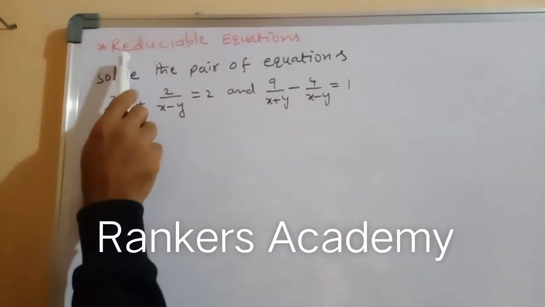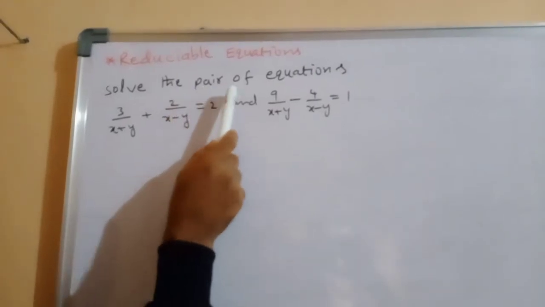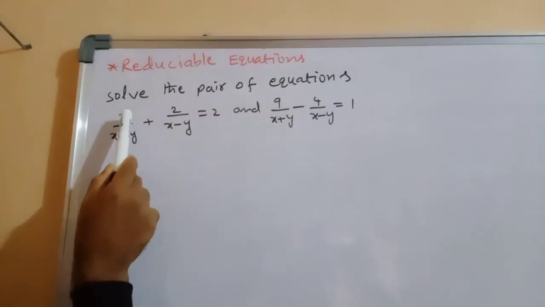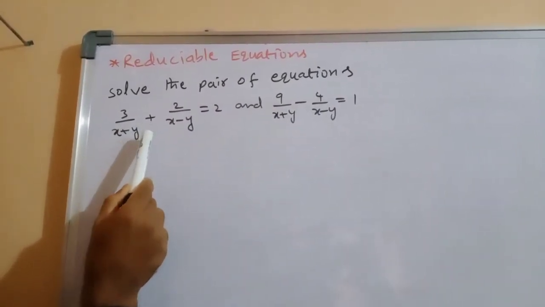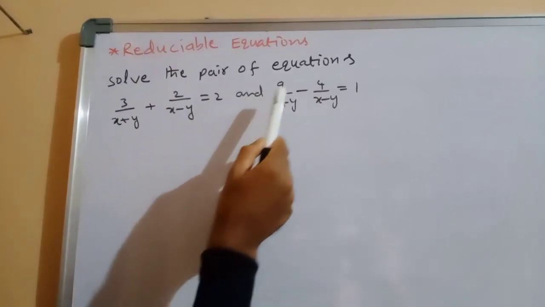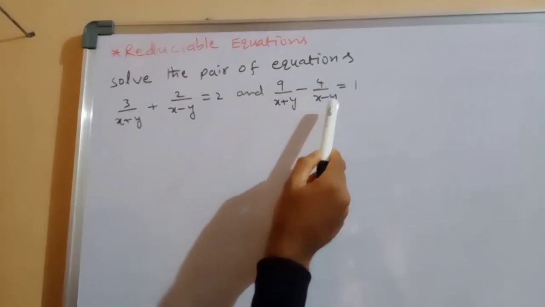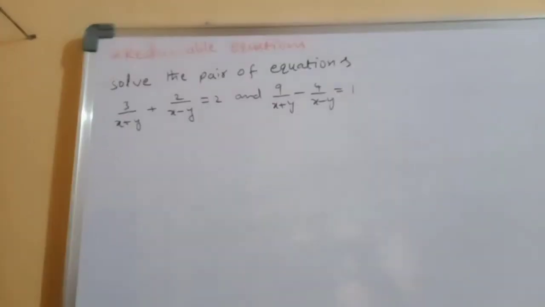Now, reducible equations. Solve the pair of equations 3 by x plus y plus 2 by x minus y equal to 2, and 9 by x plus y minus 4 by x minus y equal to 1. See here,